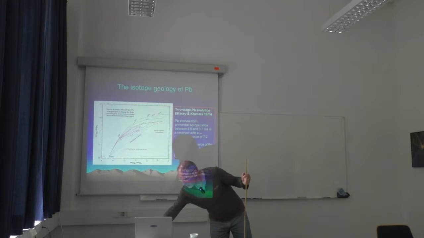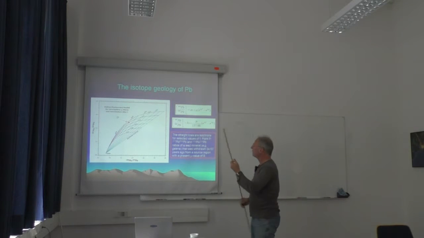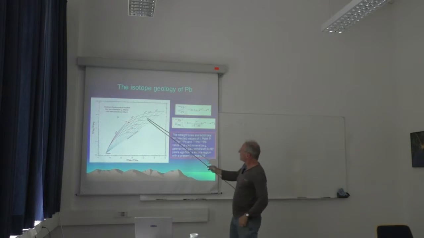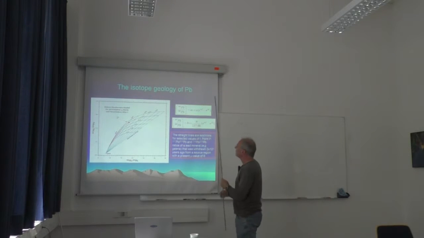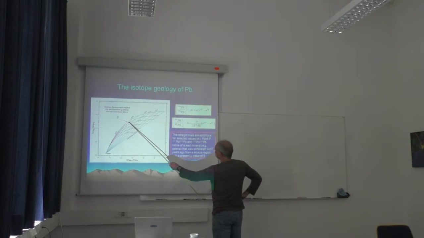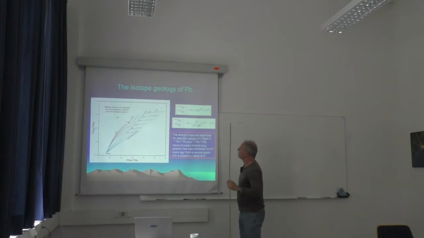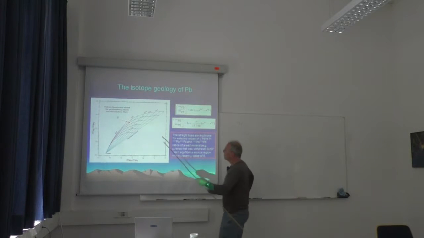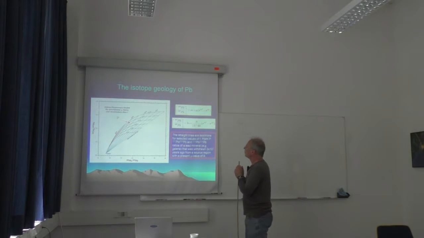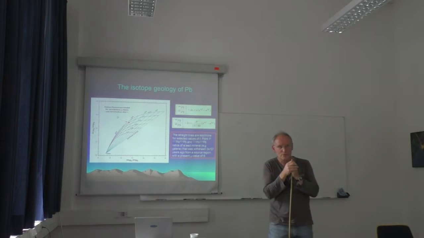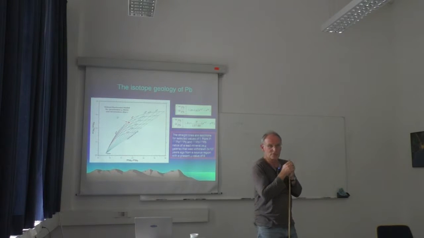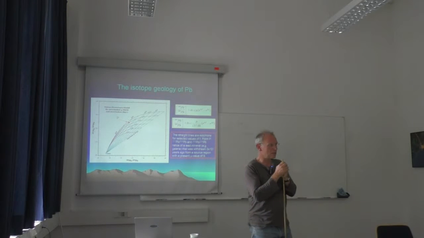I jumped over this one. This is just another example for the Holmes-Houtermans model, which shows you a point here, point P. You could measure, for instance, this lead isotope composition in a galena. What do you think? How would you interpret that? If you have a lead isotope composition similar to that on point P,